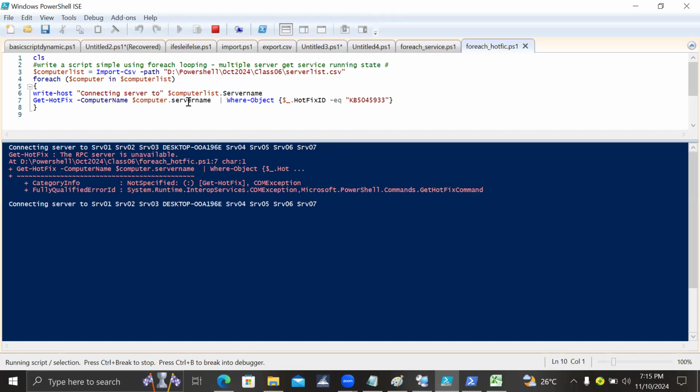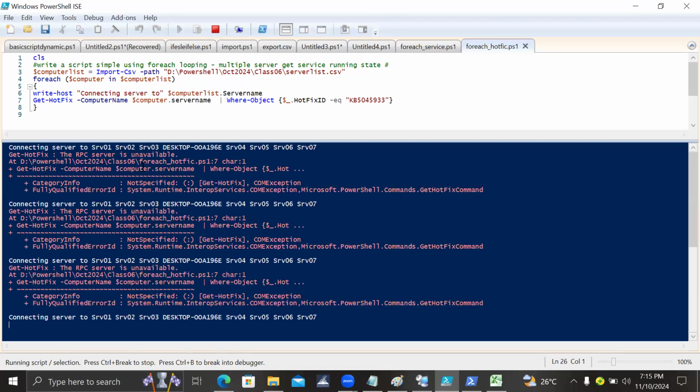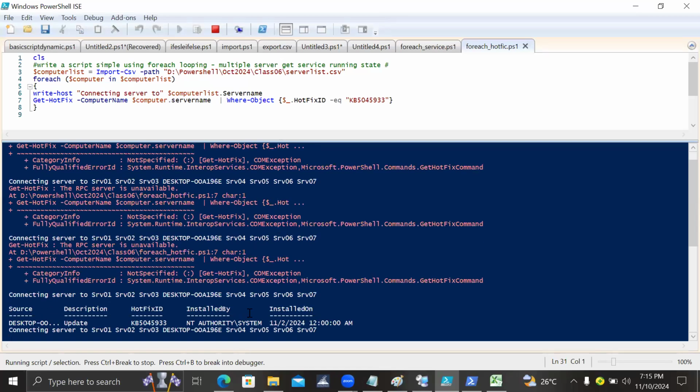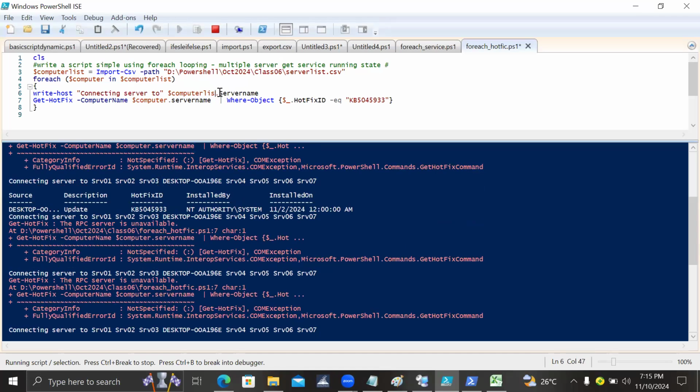Okay, you just need to change it here. It is taking all the server list once again, but the Write-Host is going to change. See this, I'm getting output here. You should give the dollar computer list. This is dollar computer, server name,